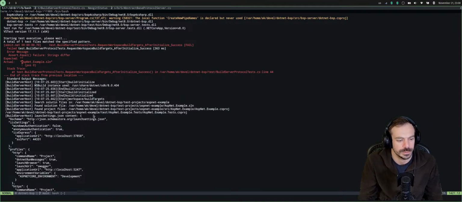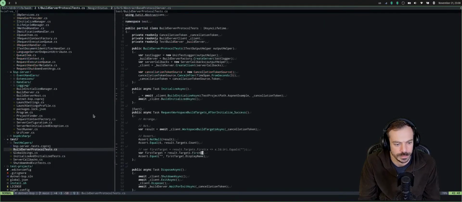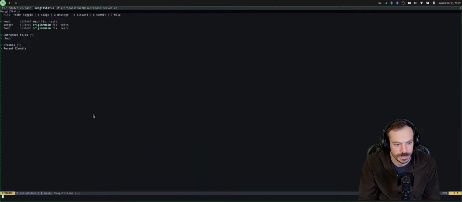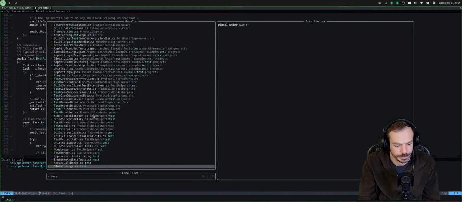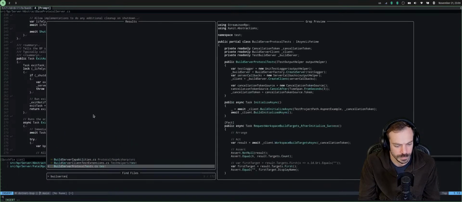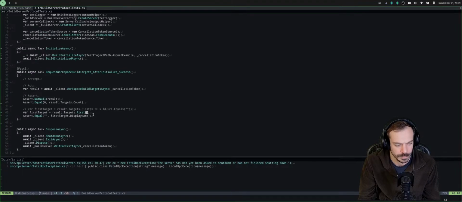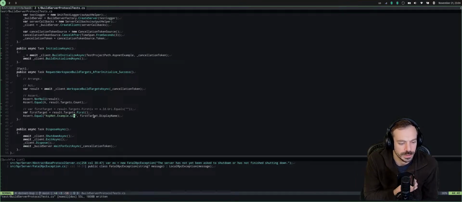The message would be equal to solution. This is the, what was this, build server tests, line 44, display name, so ASP.NET example solution would be the display name.